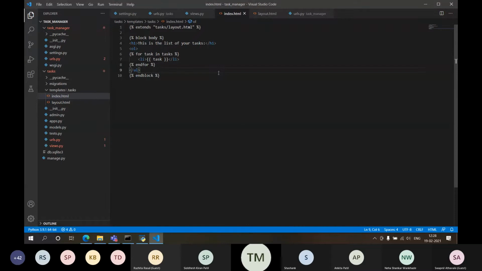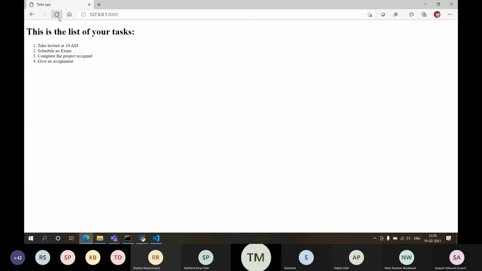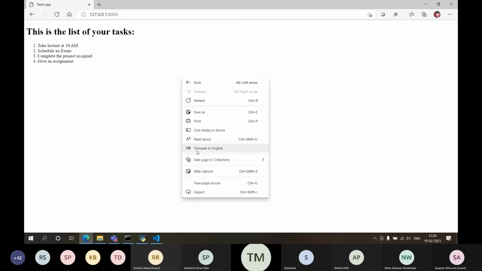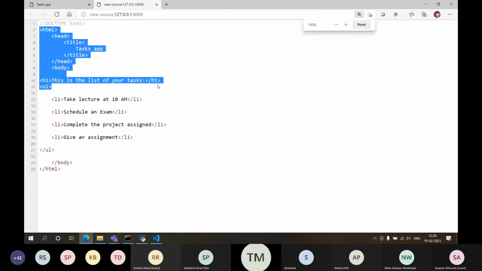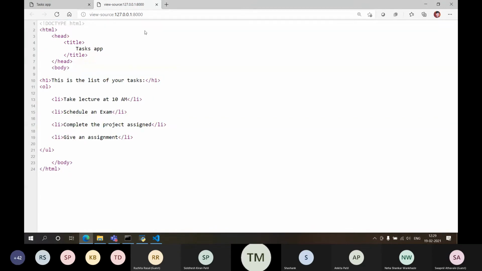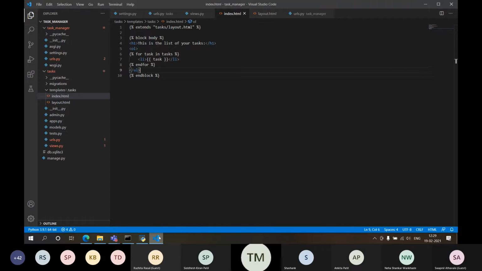If you want to check your output, you see, your output is shown like that only. If you check the source code, this is shown. Check this. So from your layout, it brought all these things, and the remaining things are from your index page. Now we have successfully done this layout kind of a thing, right?